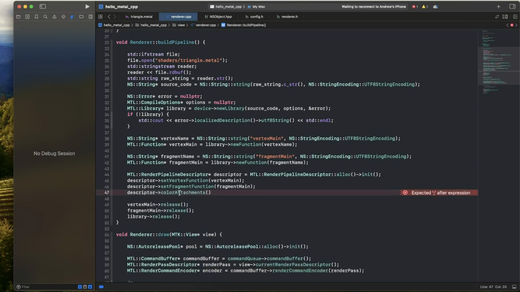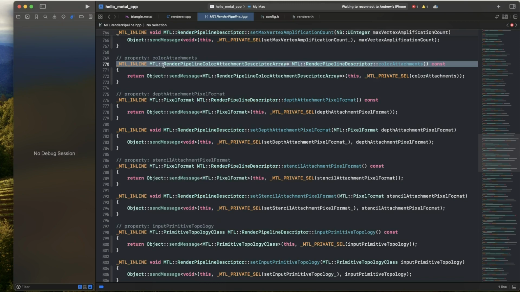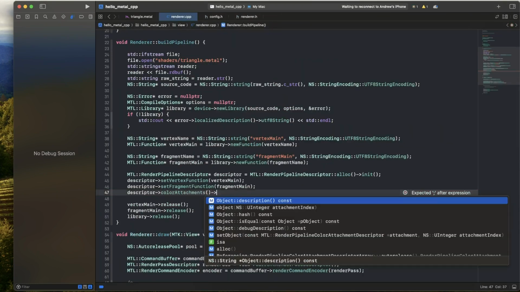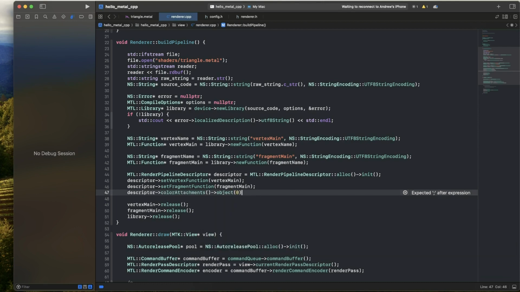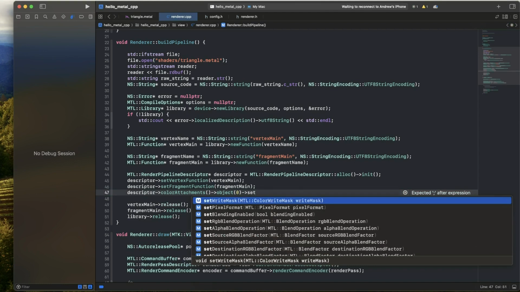You can just jump to definition, control click, jump to definition. And we see that this returns a Metal render pipeline color attachment descriptor array, pointed to one of those. What a nightmare. That's okay. Here's how we deal with that. I'm going to go object, and see we have this object, and then we take in an index. This is basically sort of like accessing an array. Going to get the 0th color attachment, and then on that color attachment we are going to set the pixel